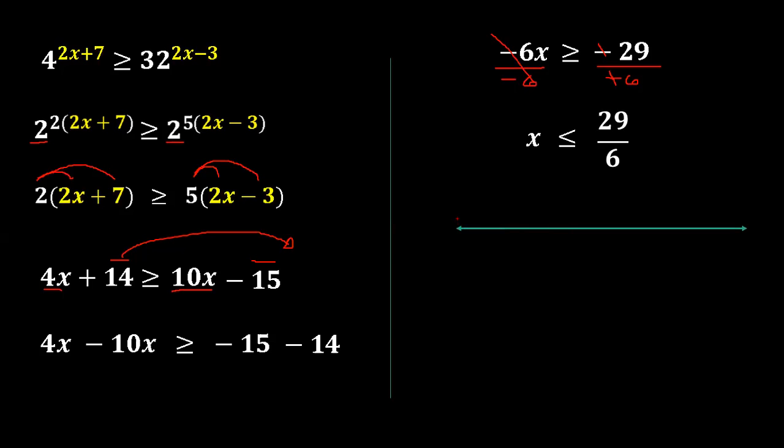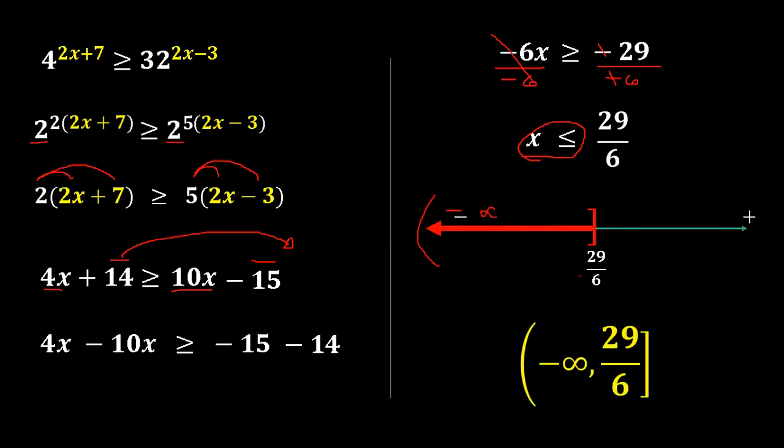Again, to find the solution set or the domain, I have here a number line, negative and positive. Basically, 29 over 6 is in here. So what does it mean with x less than or equal? It is less than or equal, so it includes equal. So meaning, 29 over 6 is included. So we will not use an open interval. We will use a closed interval. It is included. So that is less than, meaning to the left, and that is to negative infinity. So that is now the answer.